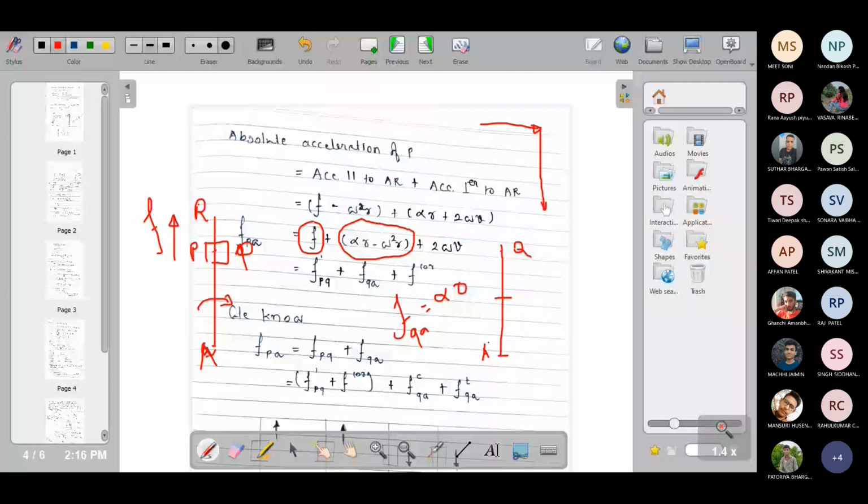So this direction is towards the center of rotation, meaning my link is rotating with respect to point A. This is point A1 and this is point Q1. You can measure this component. This gives you the acceleration of point Q with respect to A. So this alpha R minus omega square R is the acceleration of point Q with respect to A. Is this clear?